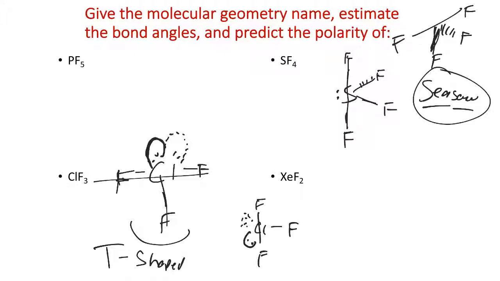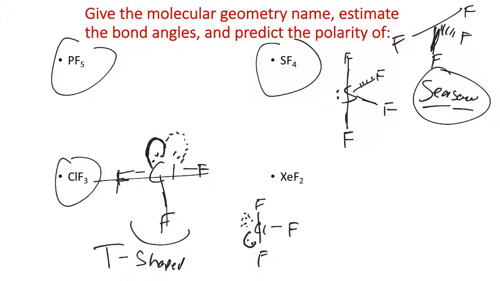Even though the atom shape is defined or dependent on all the electron pairs, the electron domain geometry of ClF3, just like SF4, just like PF5, these are all still fitting into the trigonal bipyramidal electron domain geometry. So the geometry is still dependent on all of the total domains being equal to 5. But then the shape of the molecule, we put a name to that, in this case here, just being T-shaped. We'll pick up with XeF2 next time. It ends up being linear, but we'll pick up with that one on